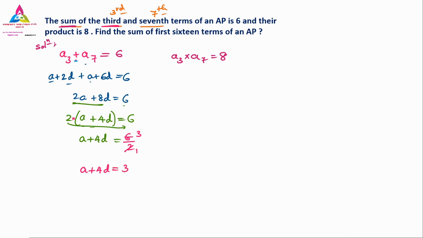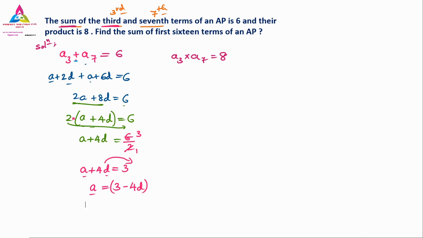A plus 4D equals 3, or we can write this A as it is, this 3 as it is, and shift the 4D. You can ask me why we are shifting this 4D to the other side. Because we have two unknown things here, A and D, and at that time we can't find the direct answer. So we keep A on one side and shift the 4D, so it becomes 3 minus 4D. Means that anywhere I find the value of A, I can substitute it as 3 minus 4D. That you have to remember.